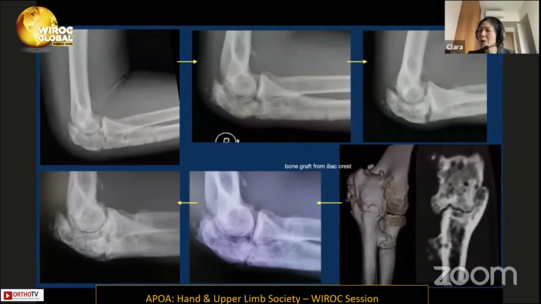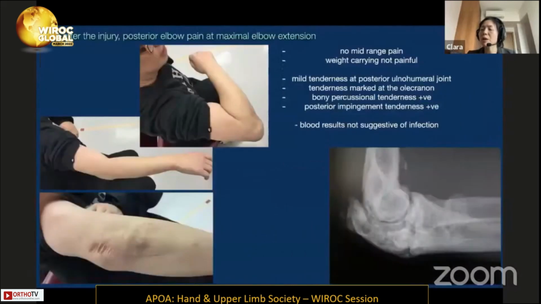So bone graft harvested from the iliac crest was put in the non-union site. It seems that the fracture site had gone into union. However, this patient, 9 years after the injury, was still complaining of some posterior elbow pain with stiffness. He said that the range was not painful in the mid-range and he had no pain in carrying heavy weights, but there was mild tenderness at the posterior ulnohumeral joint and also tenderness at the olecranon non-union